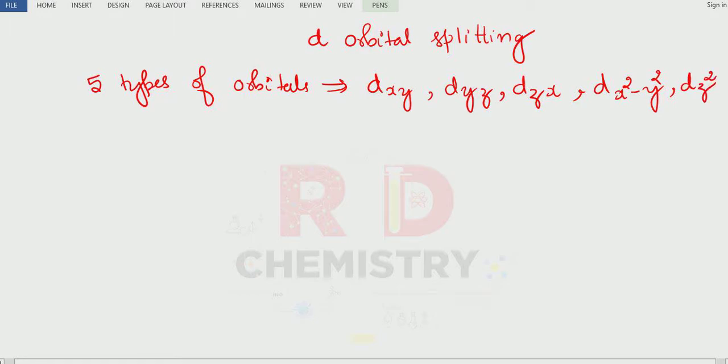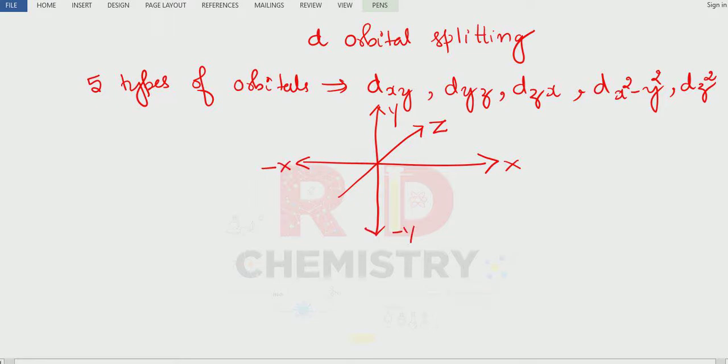Correct? I'm going to draw 3 axes now. We want 3 axes, right? So we have got x axis, we have got y axis, and let it be the z axis. I can interchange these axes also, but they are perpendicular to each other. On the other way, I can take this as the minus x, this is the minus y, and I can take the minus z axis, correct? So there are 6 points on the axis.